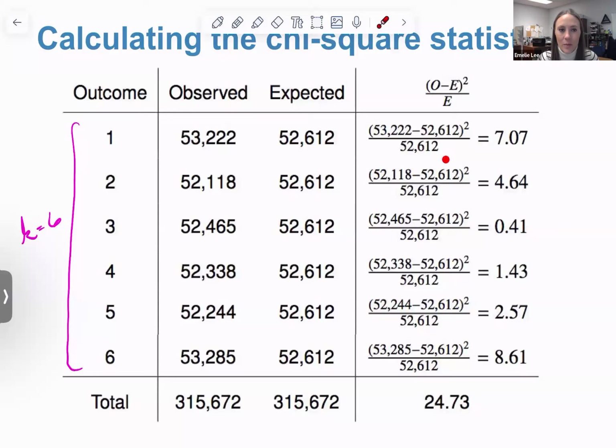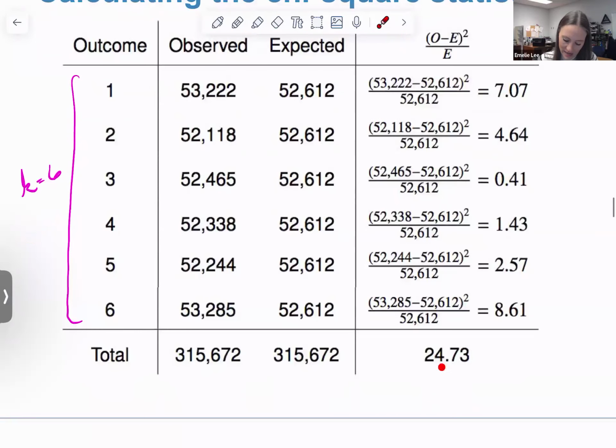You don't need to worry about why. And so each of these is going to yield some value, indicating how far the observed is from the expected once we've adjusted some things. Then I add them all up and I get a chi-squared